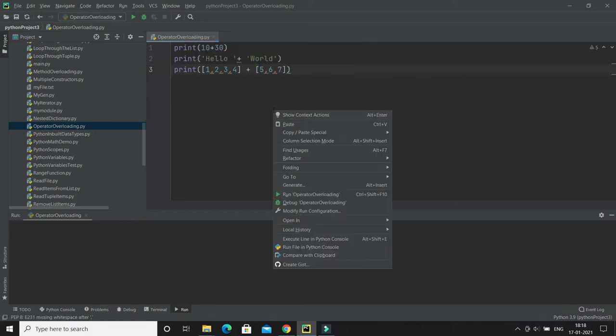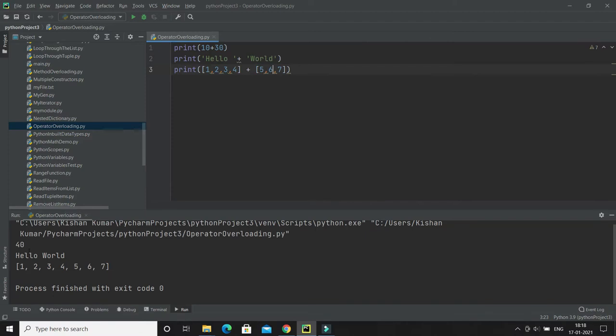Now I'm going to run this piece of code, and here you can see, whenever the plus operator finds that both operands are numbers or integers, then addition is performed. So 30 plus 10 is 40 as the output. Whenever the plus operator finds that both operands are strings, then concatenation happens. Whenever it finds both operands are lists, then here is the combined list we got.